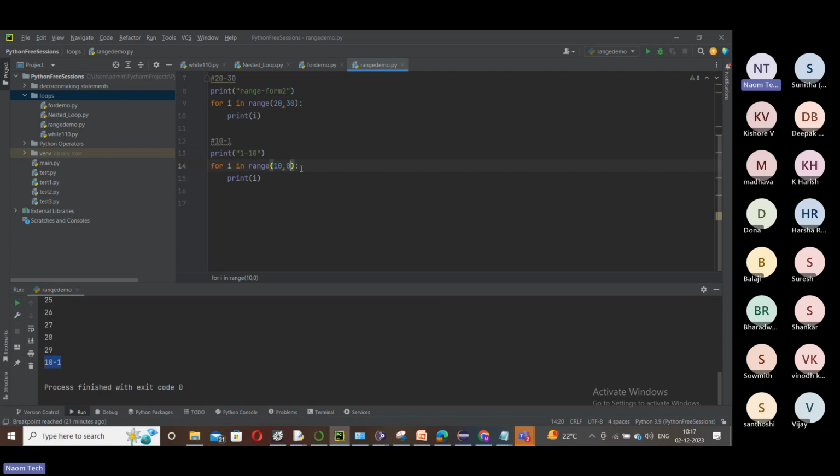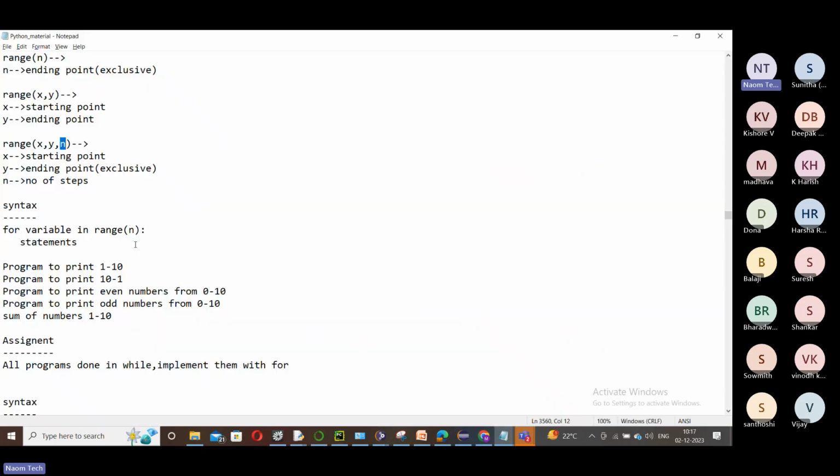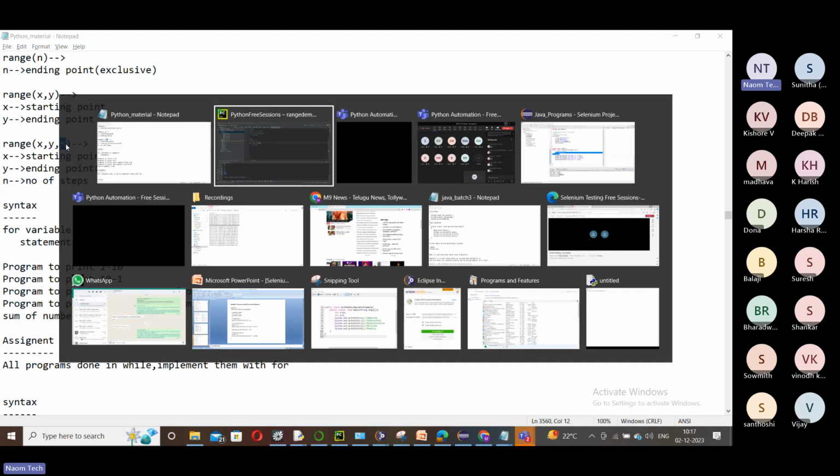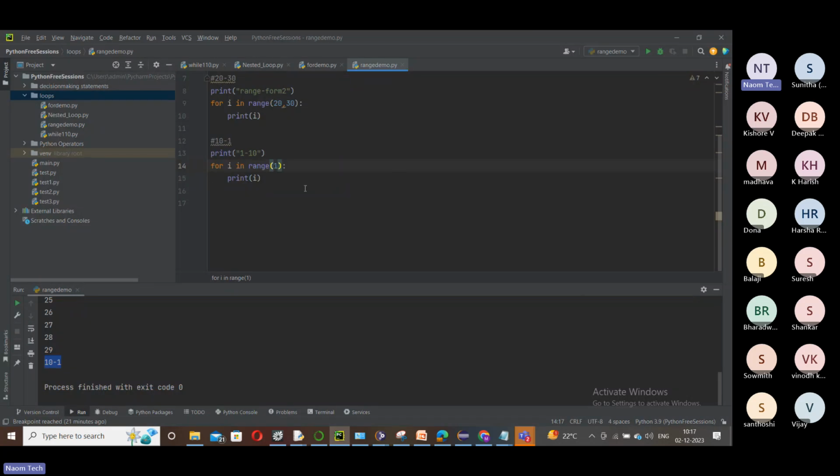If I want 1 to 10, we have to use 3 parameters: start point, end point, and the third one is step. Step means by how much you should increment or decrement. So first we start with 1, comma, then 11, because it goes up to 10 here. Then comma 1.